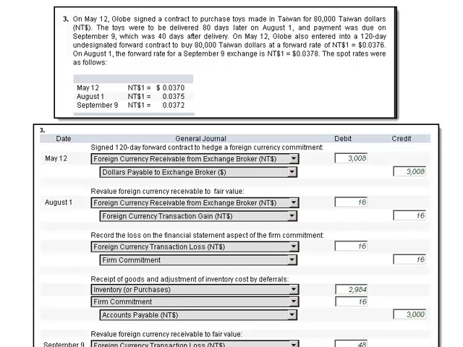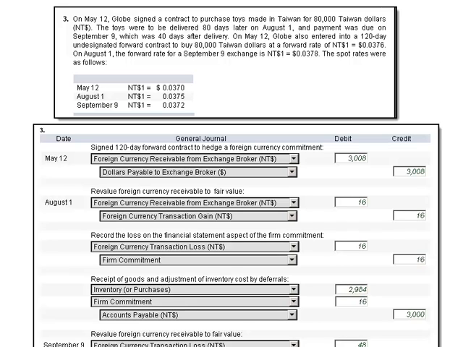Okay, next we come up to transaction number 3. On May 12th, Globe signed a contract to purchase toys made in Taiwan for 80,000 Taiwan dollars. The toys were to be delivered 80 days later on August 1st, and payment was due on September 9th, which was 40 days after delivery. On May 12th, Globe also entered into a 120-day undesignated forward contract to buy 80,000 Taiwan dollars at a forward rate of $1 equals